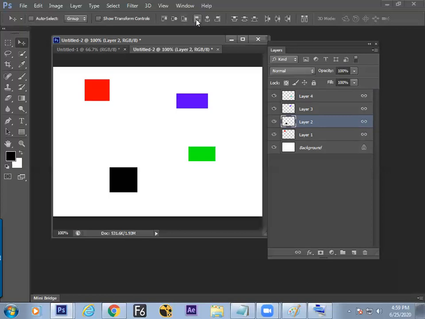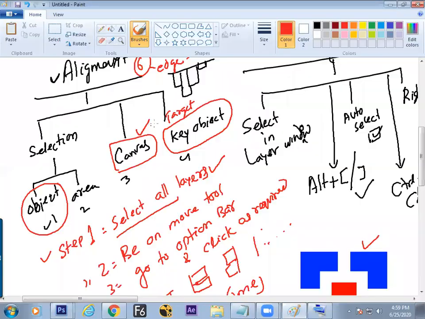Use left align, get all the objects to align to the left of the black. Same with right align, and the rest of the things are the same: horizontal, top and down buttons.